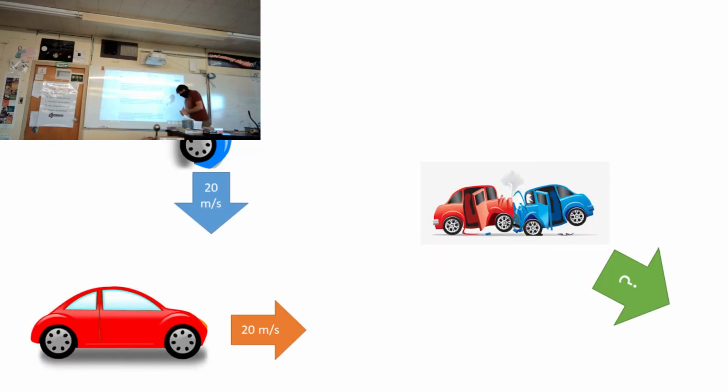But since they collide and fuse and entangle, whatever word you prefer, what kind of collision is this? Is it elastic or inelastic? It's elastic if they bounce. So if they tangle, it's going to be inelastic, right? That's fine. But this is inelastic. And the hint for this is that all of these problems, when they're ever going to be like this, are going to be inelastic. We won't do elastic this way. Because it makes the math a lot more complicated. And you're not in Plus Physics. That's the difference you guys have.